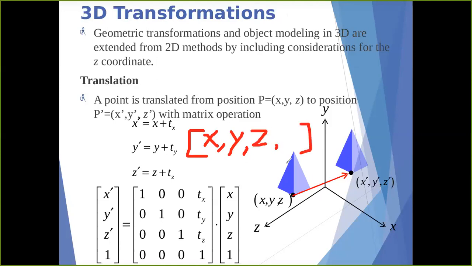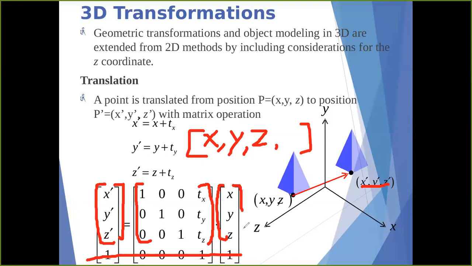Yes, sir. Very good. So see, your initial or original object was at x, y, z. Now it is translated in all the directions: in the x direction, y direction, and z direction. You will get this. Okay, but if you write this combination, you can also remove this line. Then also you will write this, right? This will be the first, and this is the translation matrix, and you can write this.